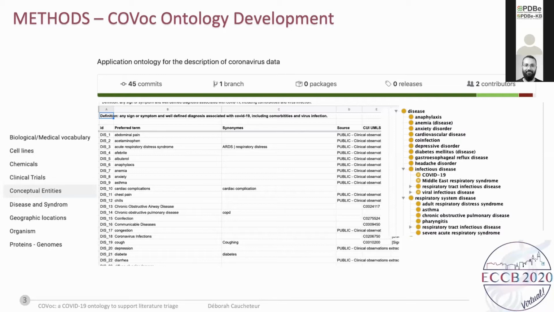The templates were then converted directly from Google Sheets to an ontology file using the Ontology Development Kit and ROBOT. And finally, Protege, an ontology editor, was used to check COVOC after running the pipeline.